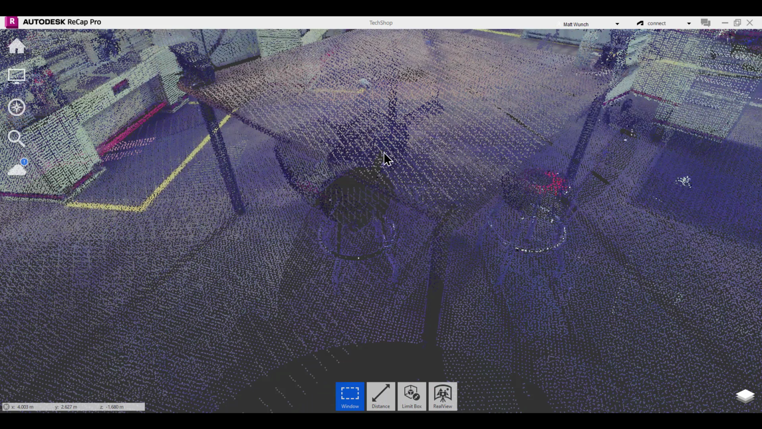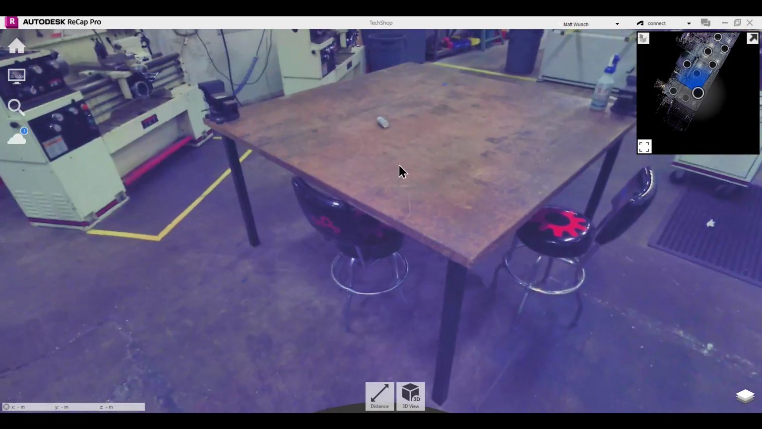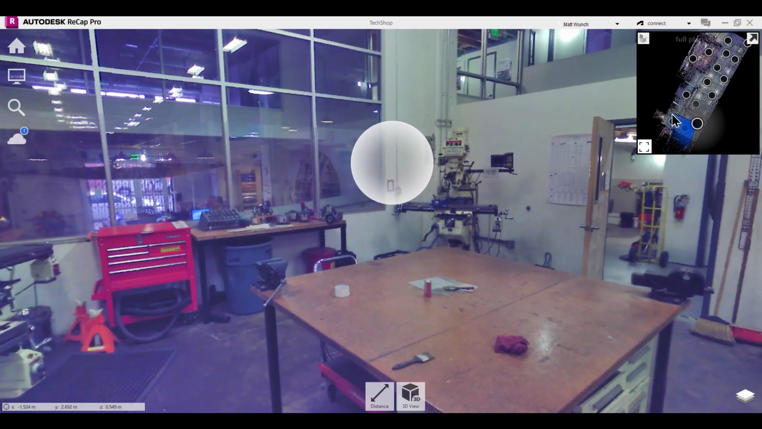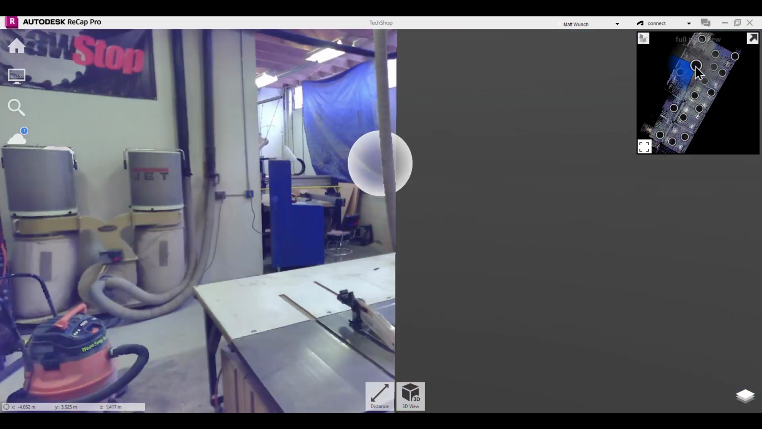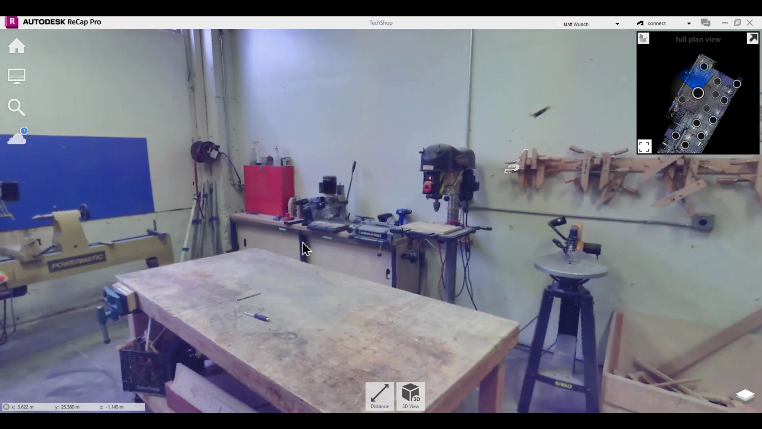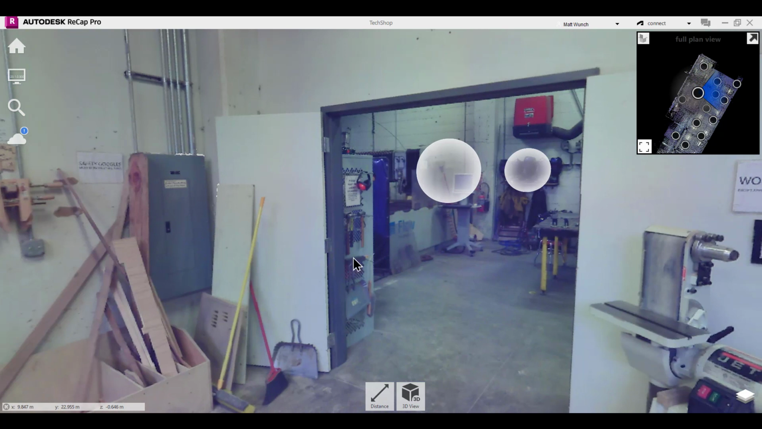If we zoom in here, you can see those 360 views. And if we pan up over here, there's the portion of the tech shop that I think we're all familiar with as part of the sample files